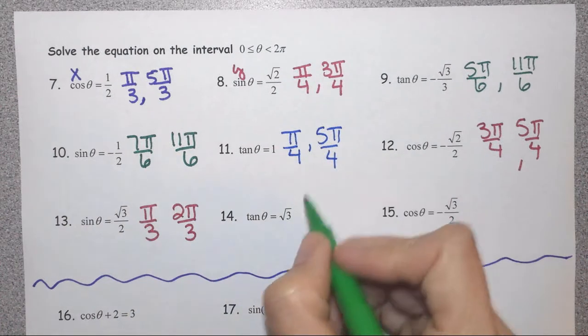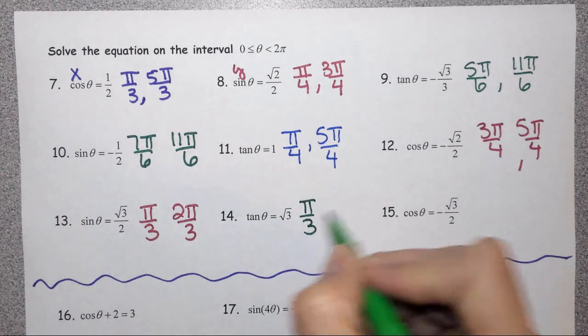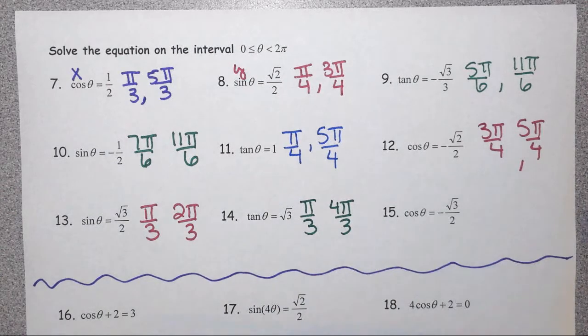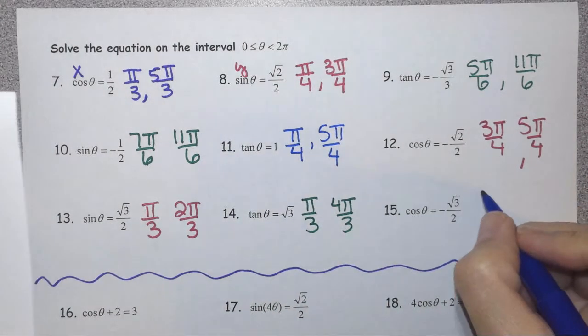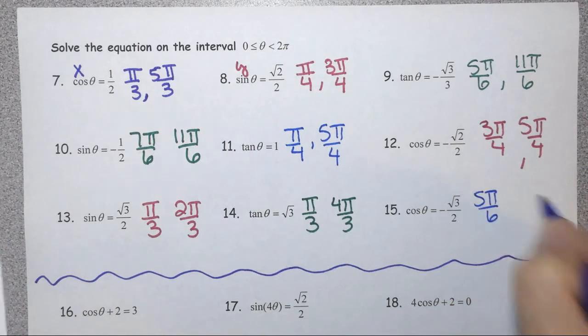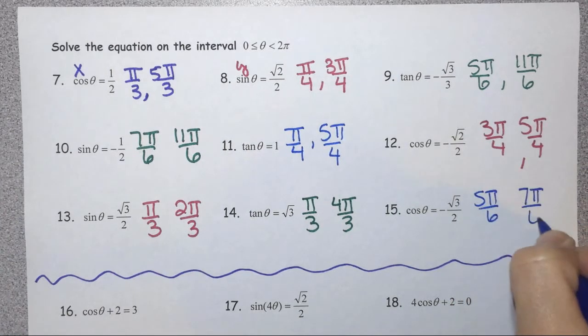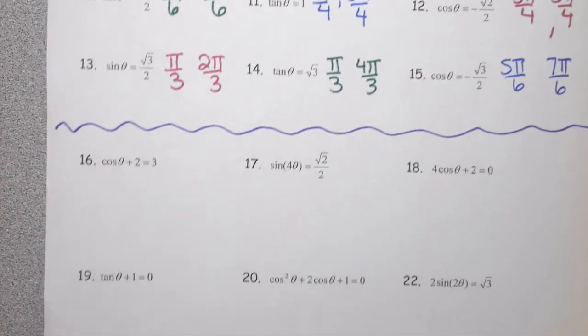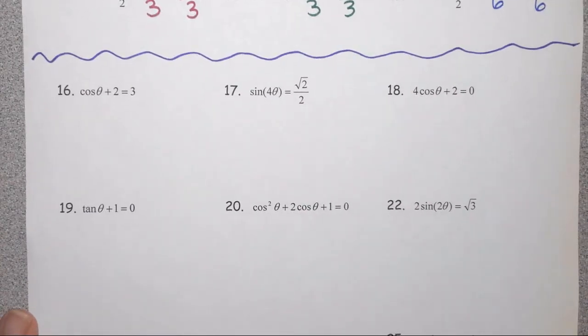Number 14 is going to be pi over 3 and 4 pi over 3. And number 15 is going to be 5 pi over 6 and 7 pi over 6. All right, so on 16 through 25, these are going to require that you solve first and then go to